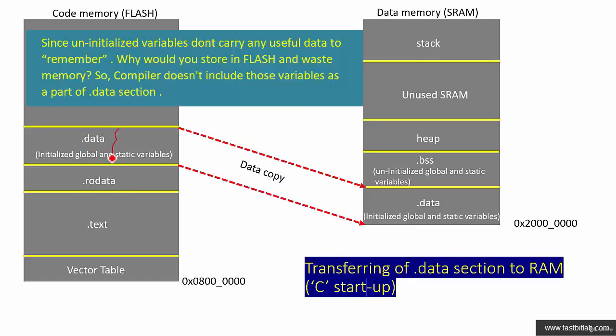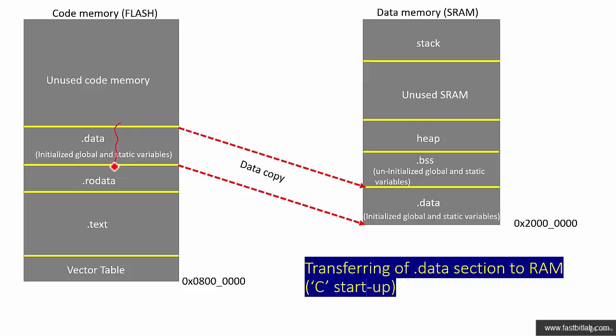No, you need not store that in the data section. Why? Because if you do that, it would unnecessarily consume flash space or ROM space. Remember, the data section you are going to store in the ROM, and the C startup has to relocate that to RAM. If a global variable is uninitialized,